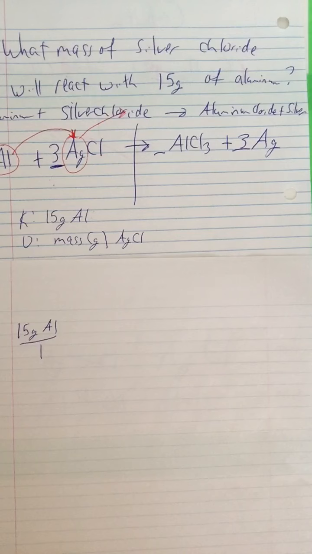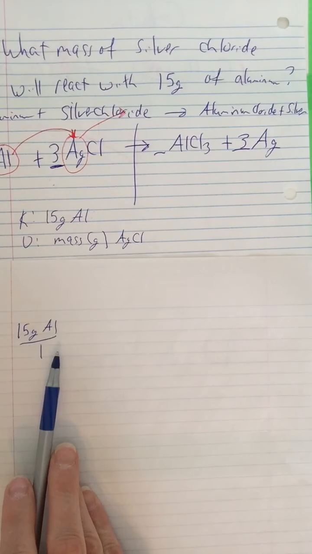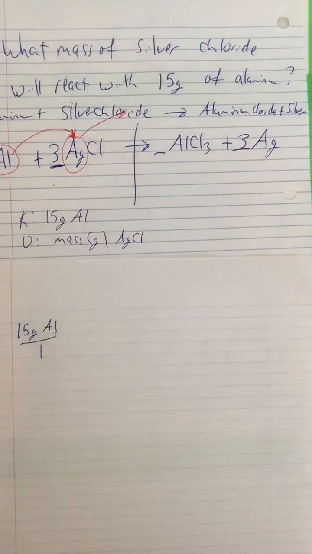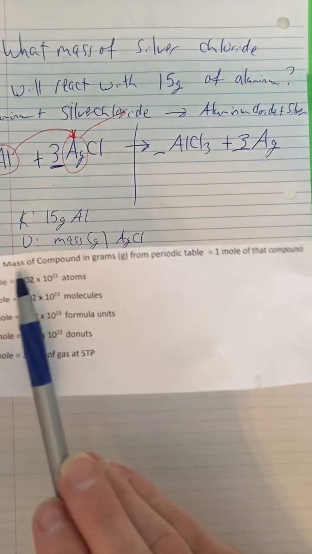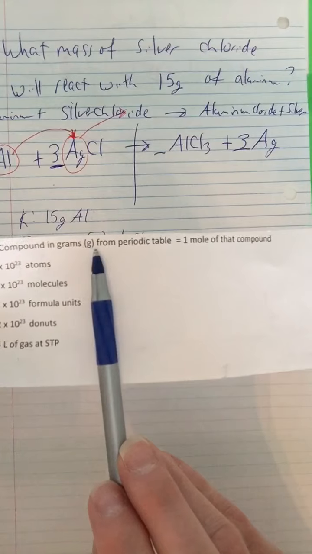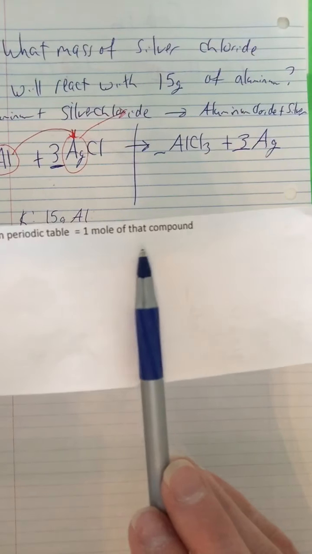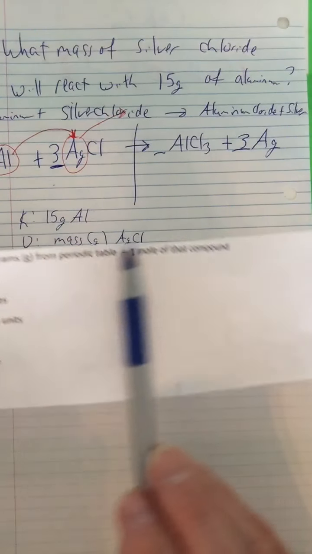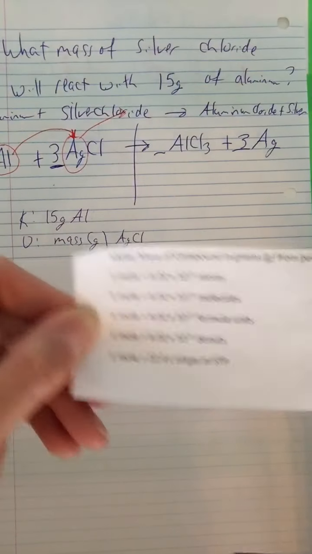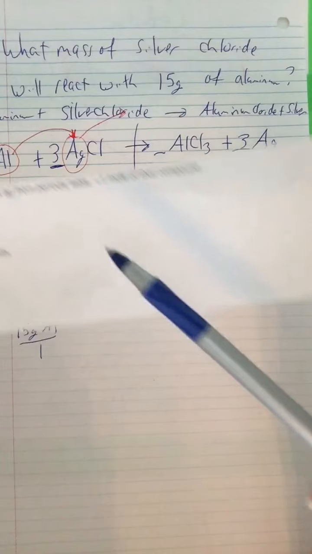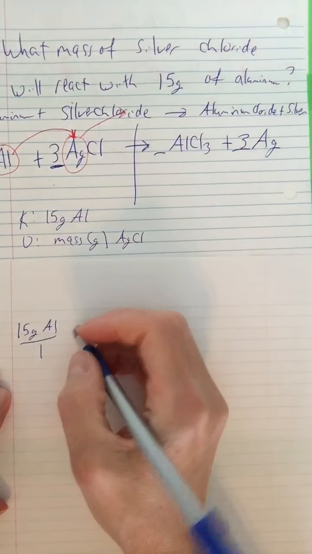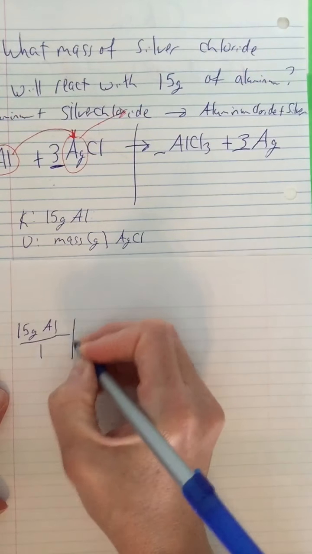So now I need to know how to get from grams of aluminum to moles of aluminum. Well, we go right back to our original cheat sheet where it says the molar mass of a compound in grams from the periodic table is equal to 1 mole of that compound. That's on this original sheet that we did these conversion factors. Okay, so if I want to build a bunk like this,